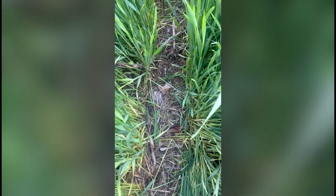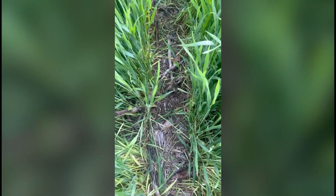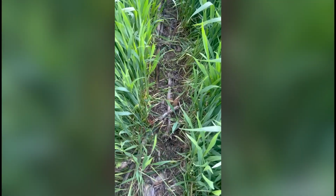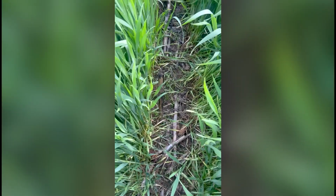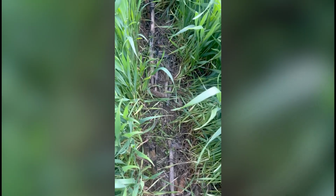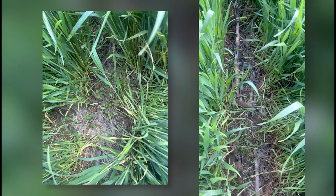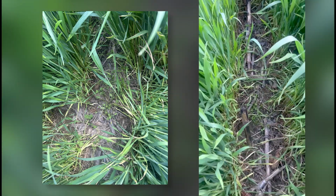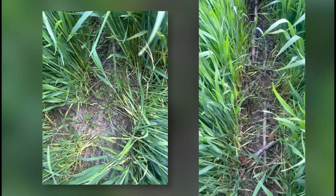So Anthem Flex is a mixture of pyroxasulfone and carfentrazone, which is in Aim, if you're familiar. And as you can see, this treatment's looking pretty good, especially in comparison to the untreated check. But Anthem Flex really is a stronger compound for our grasses if you have grass problems in your wheat,